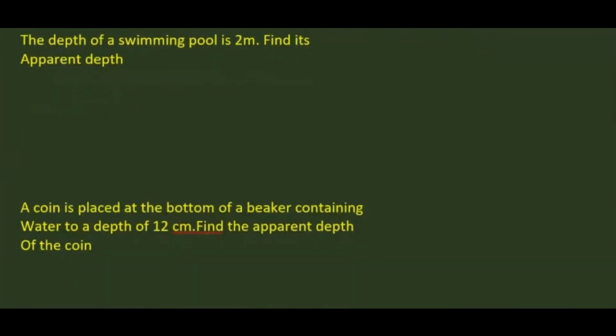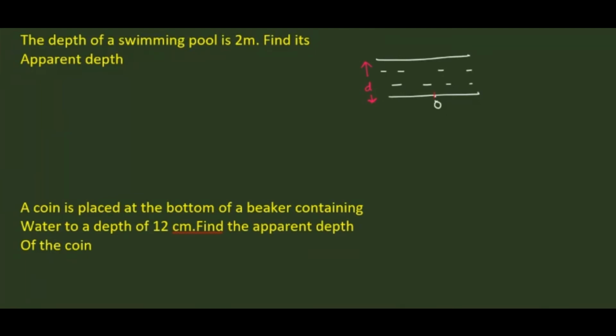Let's see here. First draw the figure. The depth of a swimming pool. This is the swimming pool, and this is the swimming pool depth. This point we can call O. Here these are the waters, and this is the surface. Already we know from the surface to the bottom is the real depth, denoted by d, or not, my dear?